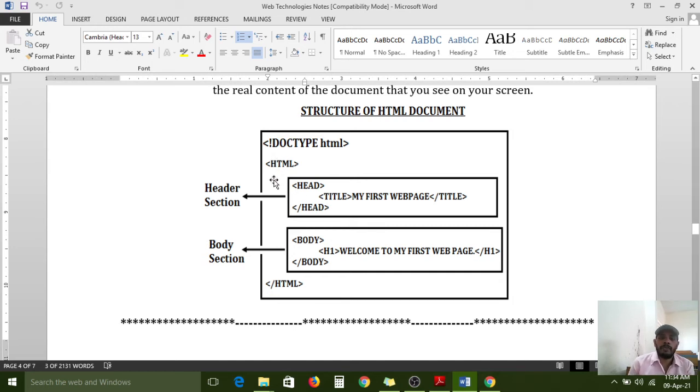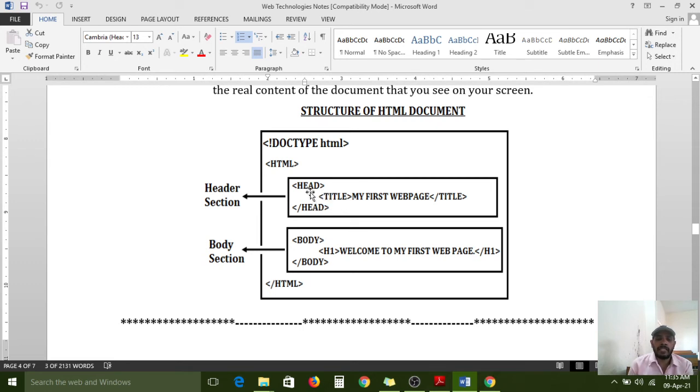And HTML is the root tag, with an opening tag and a closing tag. Between these two tags we have to configure the head section and the body section. The head section contains title information, nothing but the web page title, and also some extra content links. For your understanding I gave only the title tag here, and the remaining tags I will explain as the concept goes on. But those tags also need to be configured in the head section.